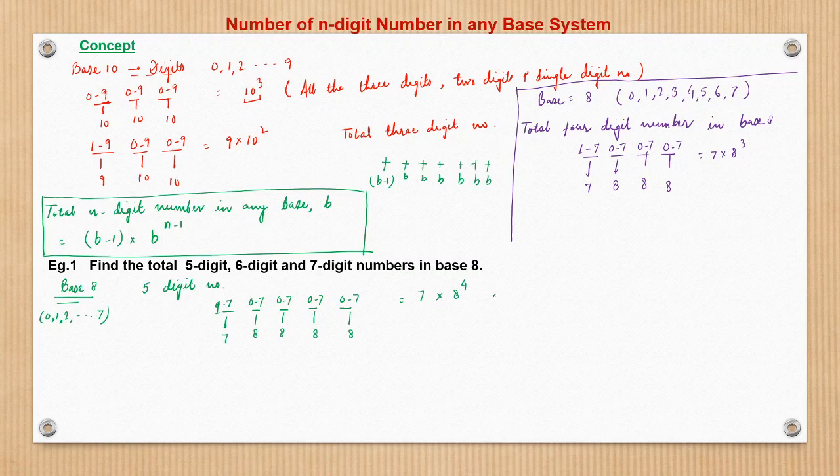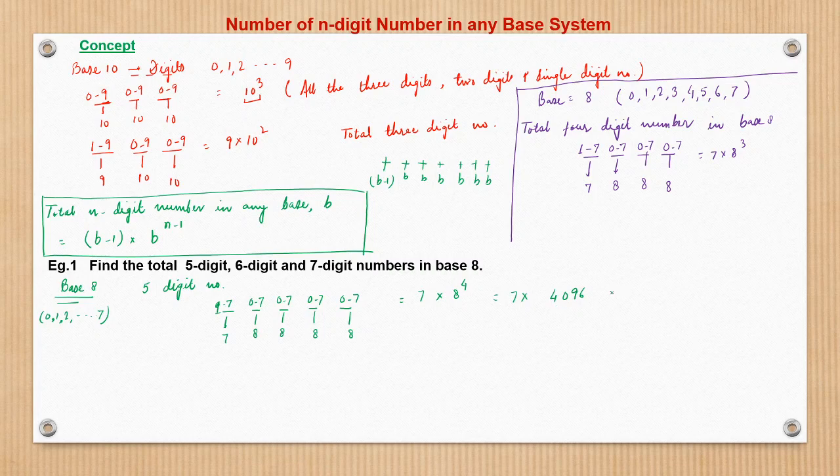So what would it be? It would be nothing but 7 into 8 square into 8 square. 8 square is 64, meaning 64 square. 64 is 14 more than 50, so it will be 196, so 96, then 25 plus 14 becomes 39 plus 1, 4096. I am basically calculating the square of 64. This we have seen in the Vedic maths, how to calculate the square of different numbers mentally. So this I have done.